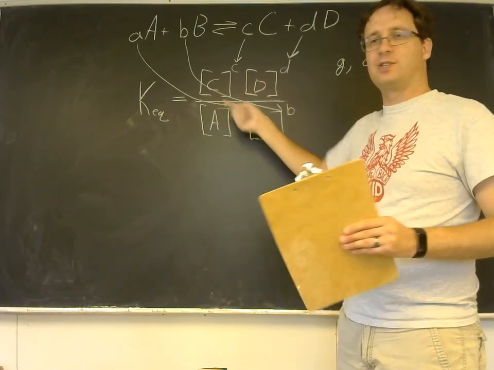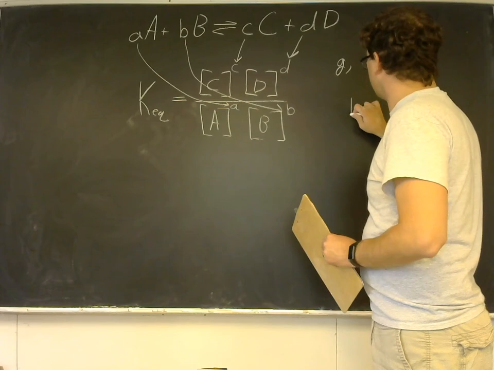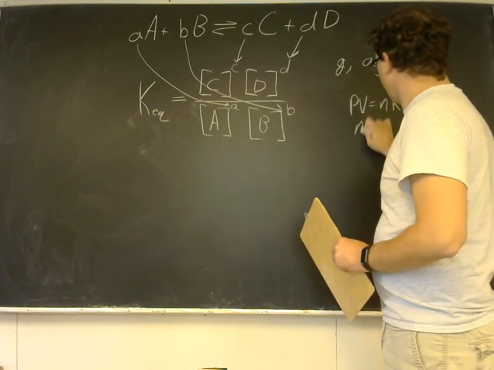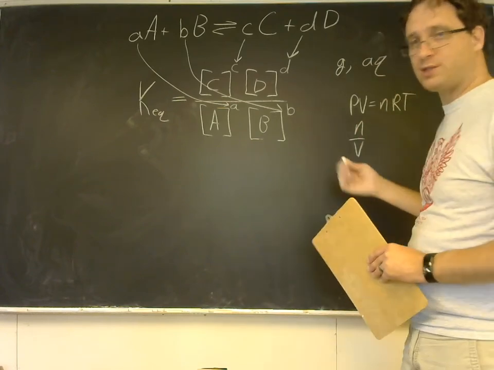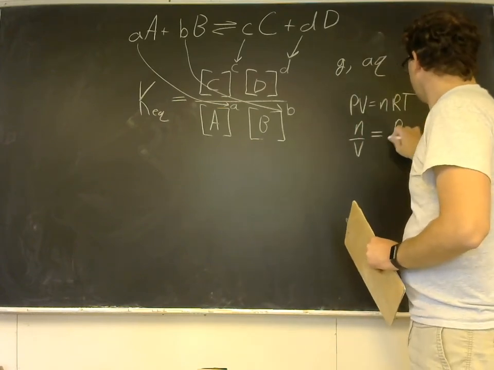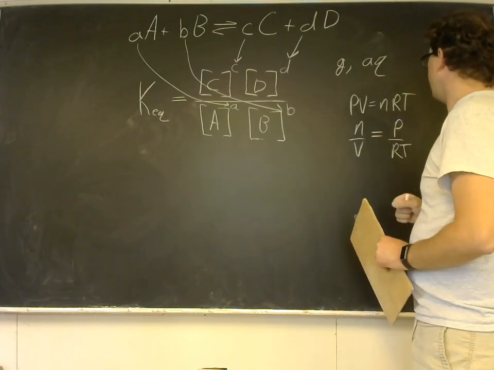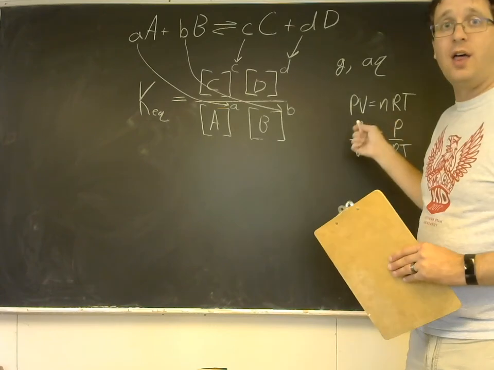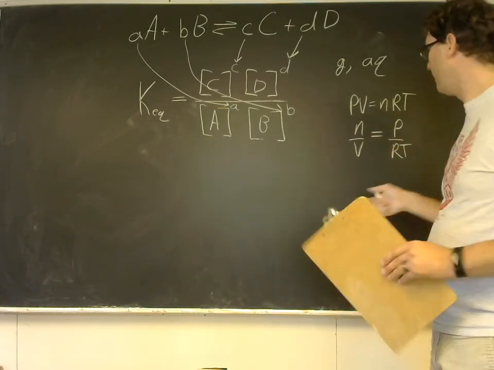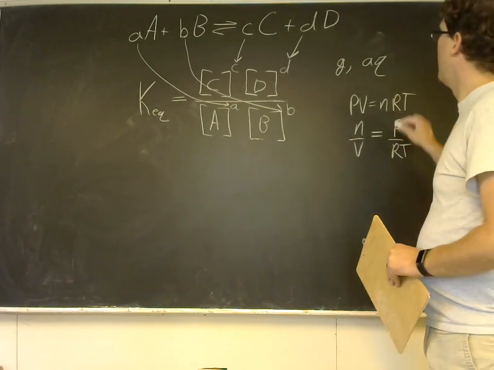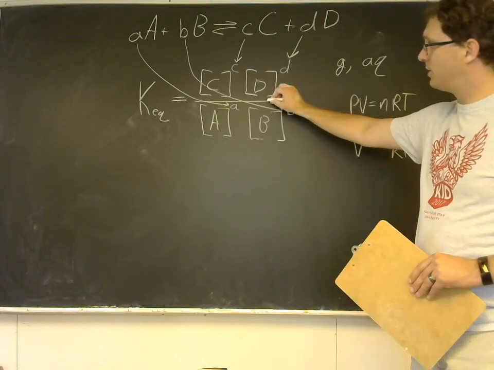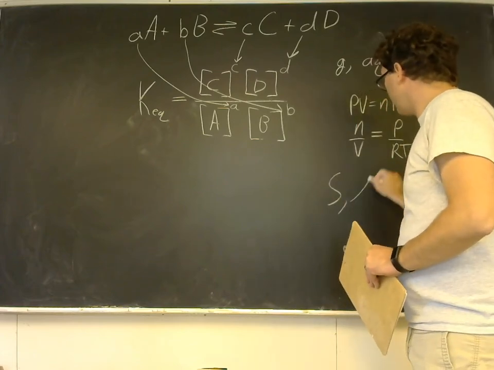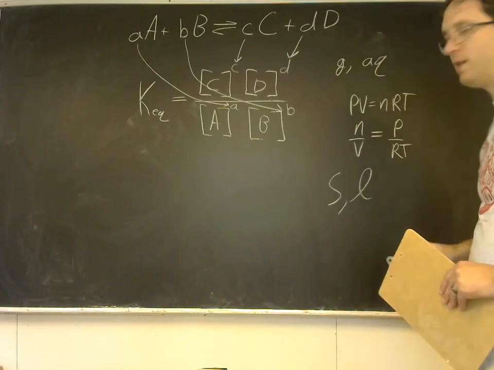For a gas, all we need to do is take PV equals nRT and rearrange that. n over V, the molar concentration, is going to equal P over RT. And so it's pretty straightforward how you could convert a gas at a given pressure and temperature into a molar concentration. So gases and aqueous solutions will show up in the equilibrium expression, but pure substances, solids and liquids,